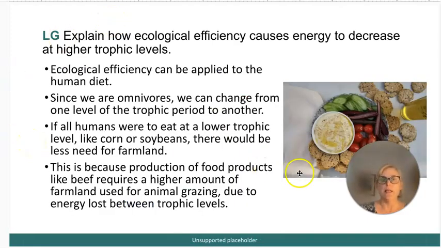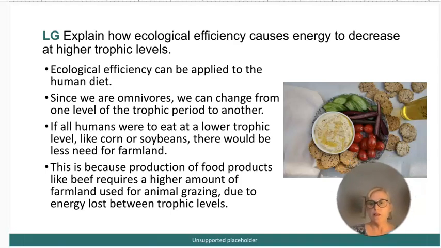Okay, so in the human diet, we are omnivores, which means we eat both plants and animals. Now, of course, some people are vegan or vegetarian, but humans in general can be omnivores. And so we can change between all kinds of trophic levels. If humans were to eat at a lower trophic level, like we eat a mostly plant-based diet, there would be less need for farmland, because if you take, let's say, the corn that's grown or the wheat that's grown, and you eat it yourself as a human versus giving it to a chicken or a cow or a pig to